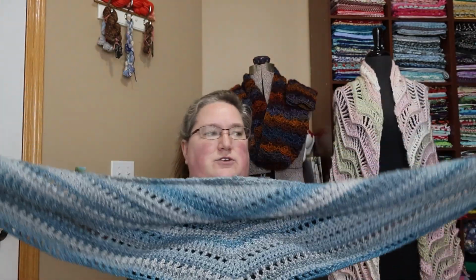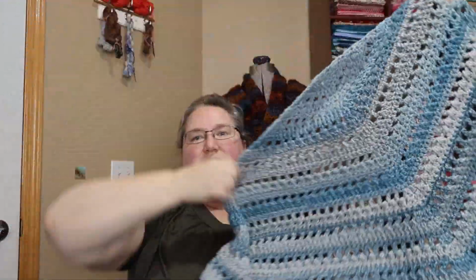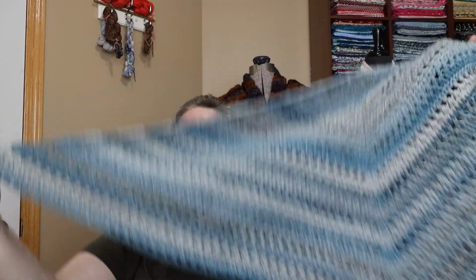And here it is. I am nearly done. So I actually would be done based on my measurements. So normally I make a scarf or a shawl until it reaches my wingspan. However, I measured it. And the one she makes, she says reaches 70 inches. This is 5 inches short of 70 inches. So, no, it's not 5 inches. It's nearly 10 inches. This is at about 60 inches. Because it's my wingspan. No? My wingspan would be bigger. I'm confused. Anyway, I figured I'm going to do 3 to 5 more